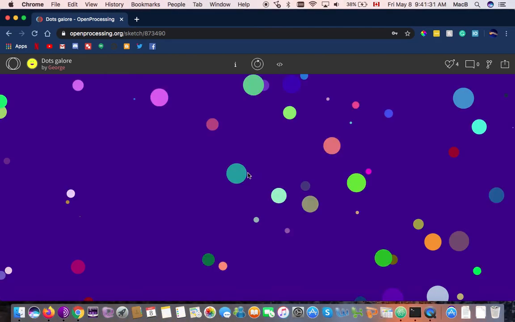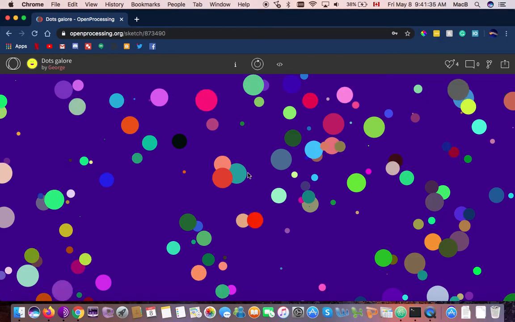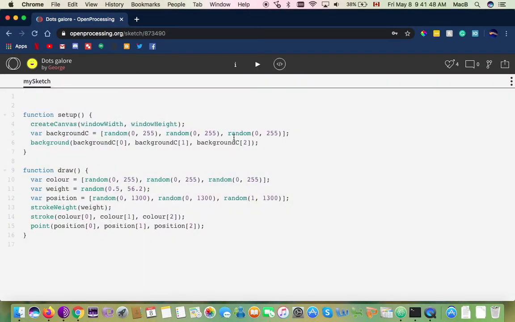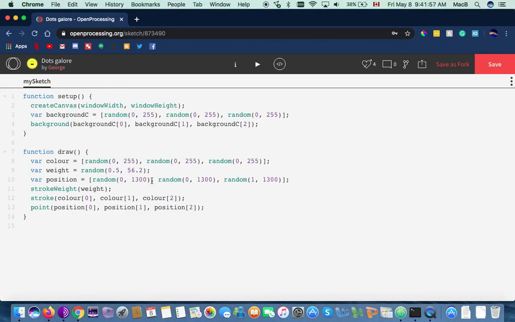This kind of looks like Oh My Dots, but it doesn't at the same time. Oh look, Venn diagram. If it was translucent, it could have been a Venn diagram. Wow. Yeah, that's interesting. We could also, yeah, let's make a fork right now for fun. Let's make it translucent. Save, and then